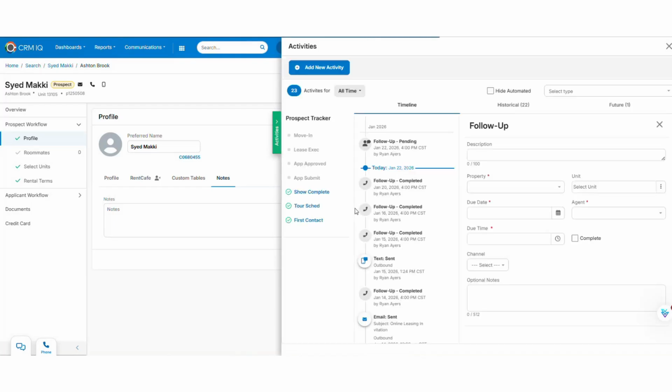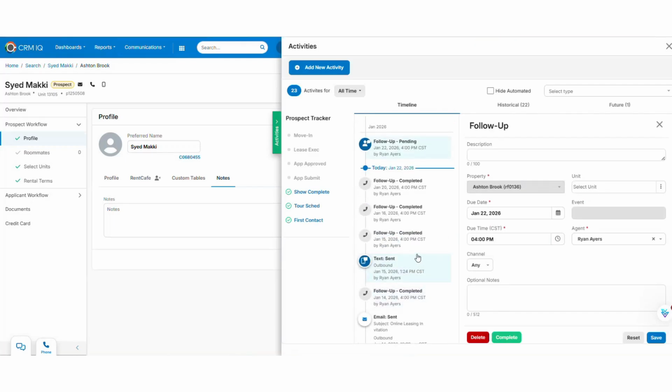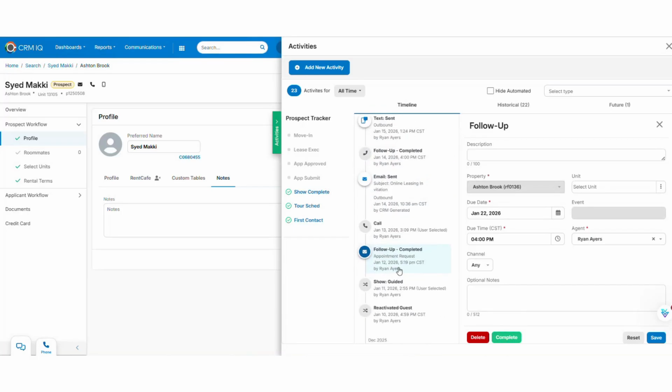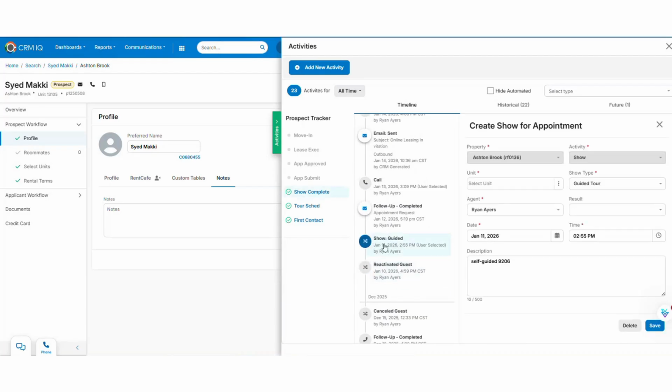The important thing for completing showings is that you complete them and not just complete the appointment itself. So that's one of the benefits of CRM IQ over Flex, is now completing an appointment also marks the show regardless of what happens. But we want to make sure that this show guided shows up. And then again, any notes